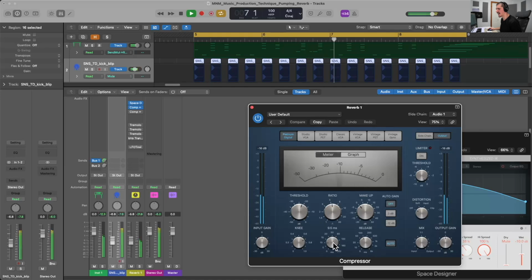I can adjust the attack and release times to get more or less pump. I can also adjust the threshold as well, even the ratio. Raise the ratio, get more compression. Very subtle. A little less subtle. And you'll notice here that if I bring down the threshold too far, I'll effectively get